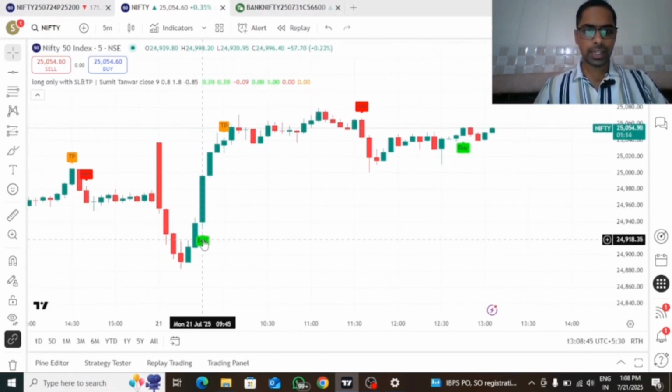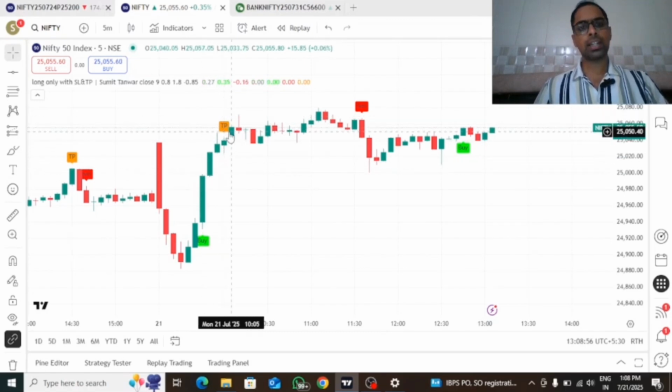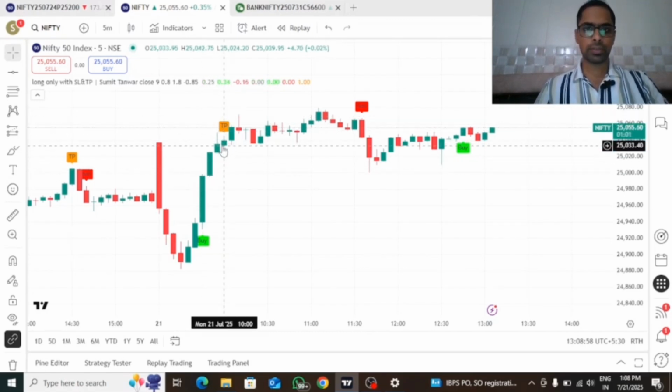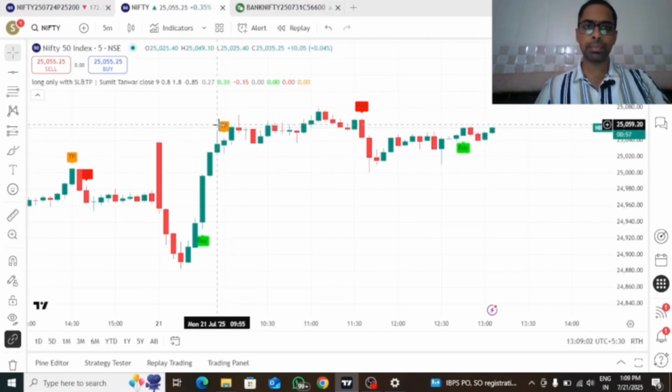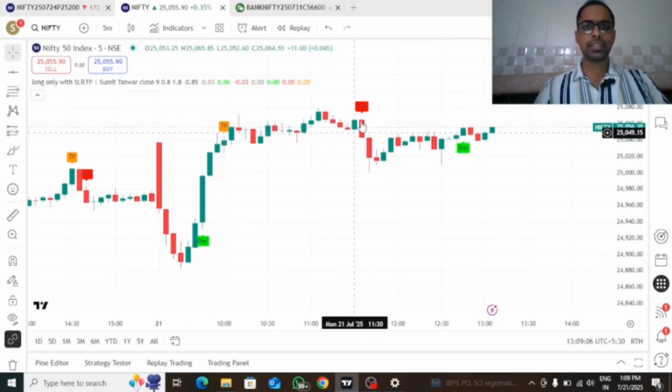Now it plots a buy signal below the candle. As soon as the candle closes, we have to enter into the trade. Now TP here denotes that we have reached 40 points of profit. The best practice would be to book half of the quantity once the TP signal is generated, and exit the other half of the quantity when the entire sell signal is generated.